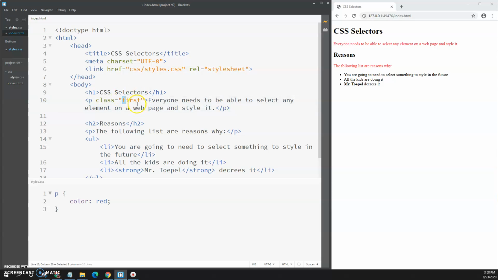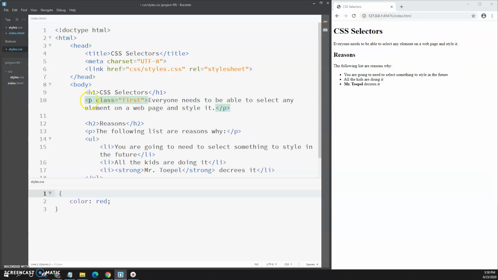And keep it lowercase, because if it was uppercase, let's say, here's the problem. If this is uppercase here, and down here you would use dot first, and it's lowercase, they don't match, and we get messed up. So keep everything lowercase so you never have that problem. Alright, anyway,